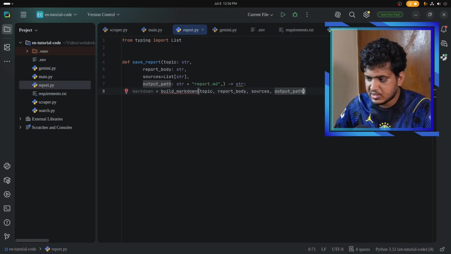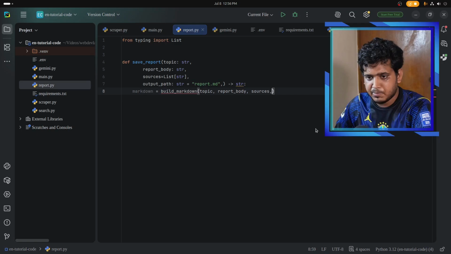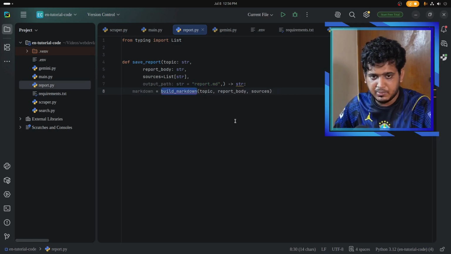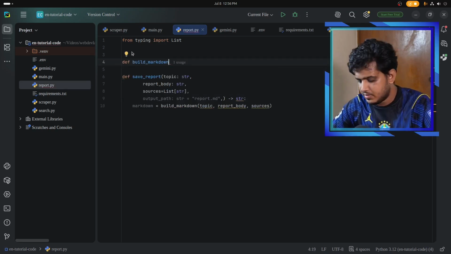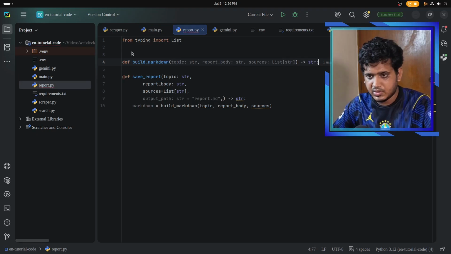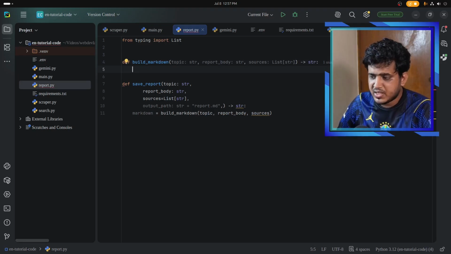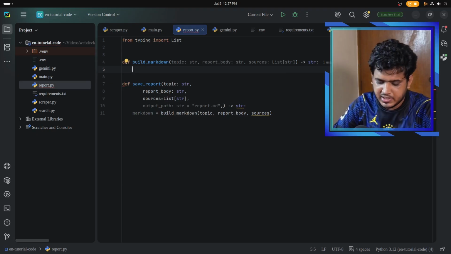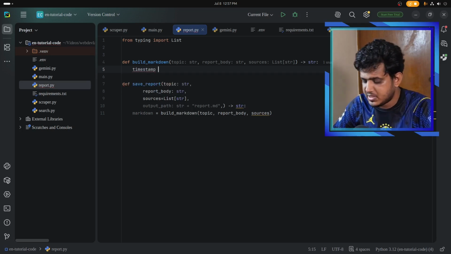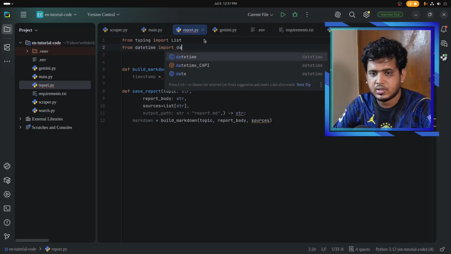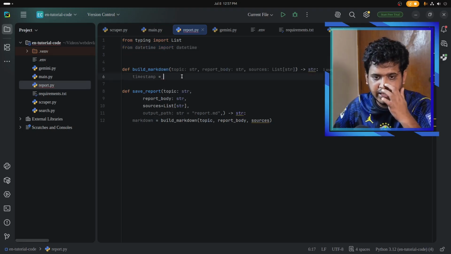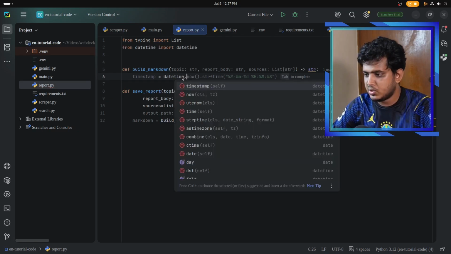Actually we don't need this output path actually, so let me get rid of this and create this function above this. Okay, now build markdown, and okay, this build markdown function will assemble the full markdown document as a string. First of all, let's create a timestamp. I'm going to import datetime. So let's use datetime in here. Datetime dot now